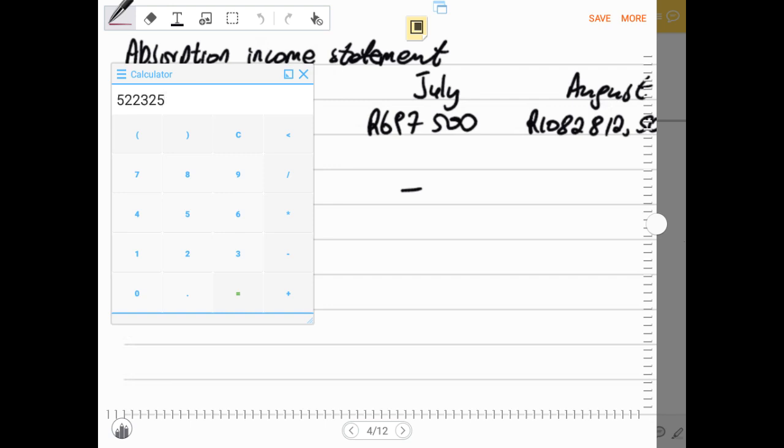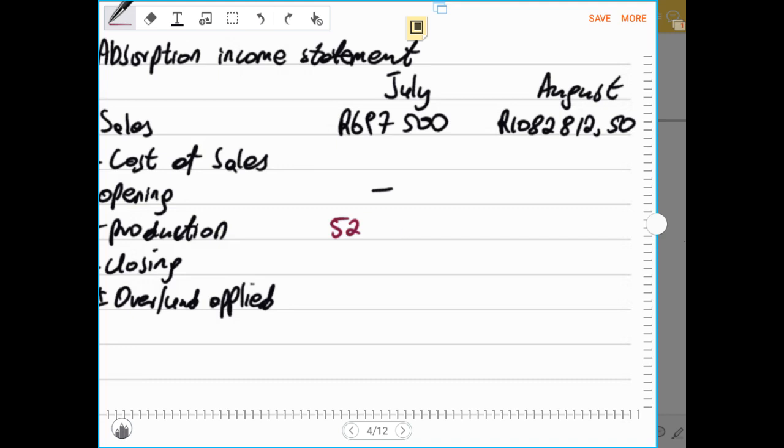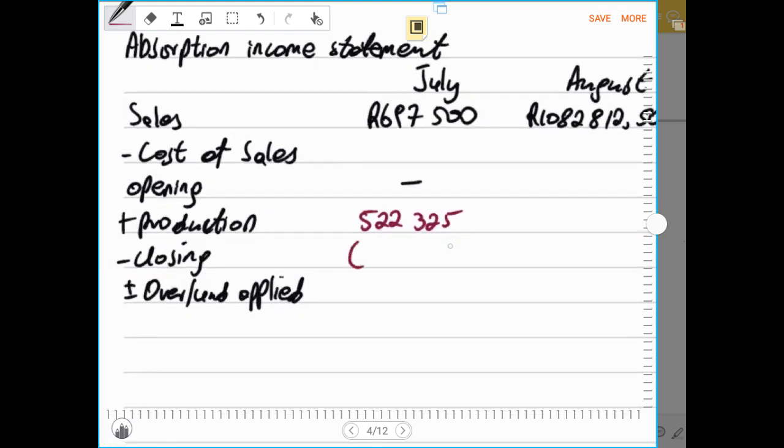So now that will give us production of 522,325. Then now we say our closing will be